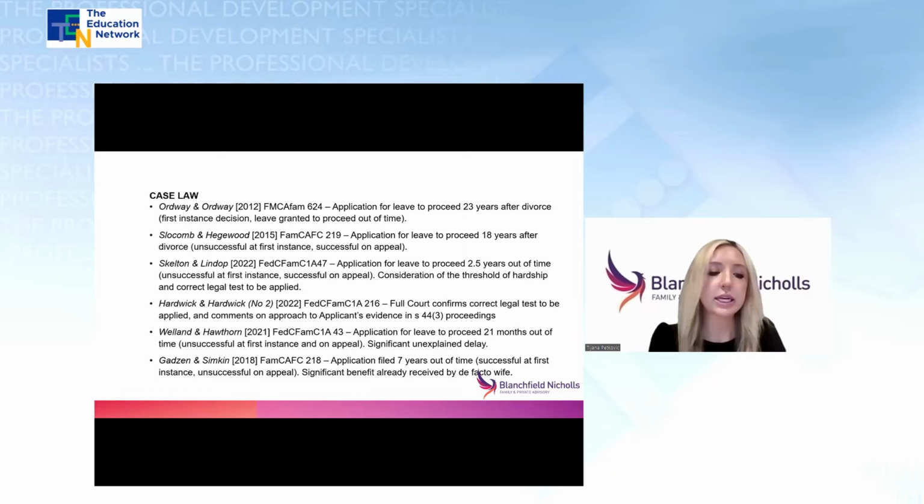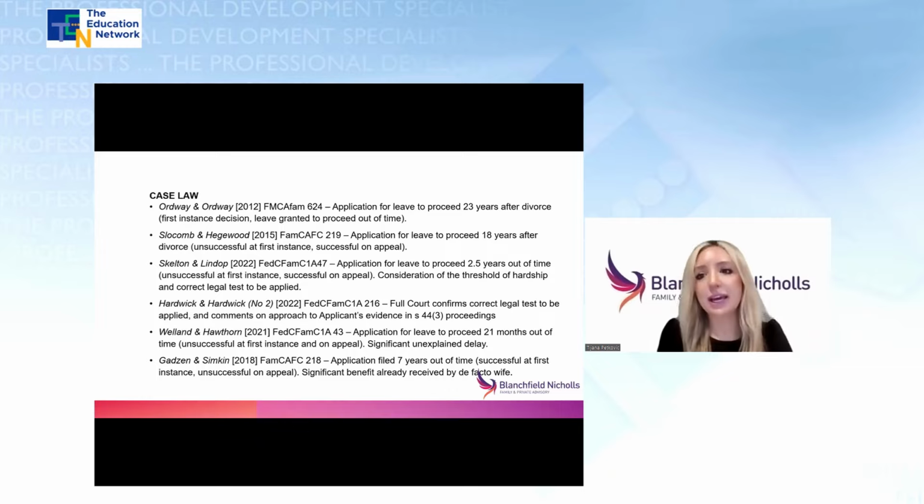Now, although the delay in this case was significant, the full court nonetheless found that leave should be granted in the interest of justice, as the prospect of the parties' legal position remaining as it is appeared unjust. That either of them could make an application to a state court does not ameliorate the hardship to the wife. In such an application, a state court could not exercise discretion to apportion the proceeds of sale of the home to the wife by taking into account her contribution to the children during and including post-separation and other relevant matters. Therefore, the full court granted leave to the applicant to proceed out of time.